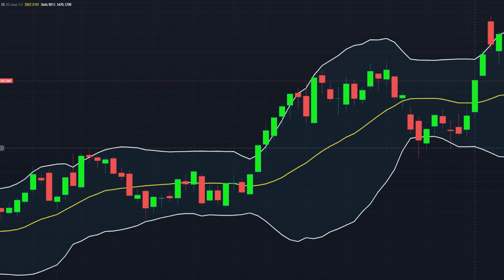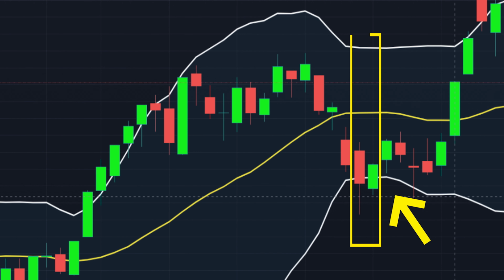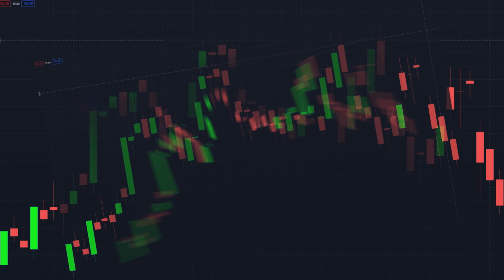The piercing pattern as a bullish signal has greater reliability when the pattern occurs near a major support level, especially if the gap down is over the support level, but the candle's eventual close is above the support level. So here are other examples of dark cloud cover and piercing line trading strategy.